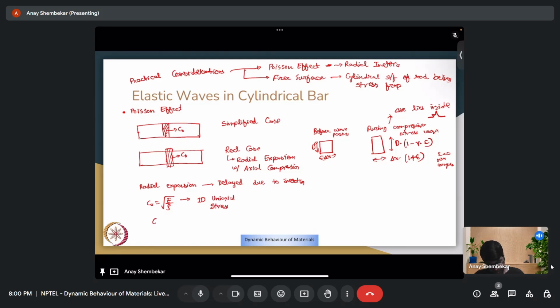If I write say Cp for the 3D case, so all three dimensions considered for the rod, and then if we evaluate what velocity the stress wave has, that is the Cp, then we can figure out a relation between Cp and C0 as 1 minus 3 times nu square pi square a by lambda whole square, where a is the radius of this rod. So this is basically your Rayleigh's